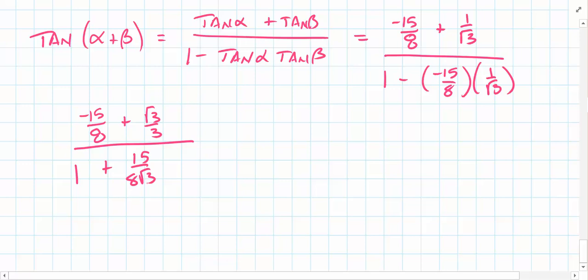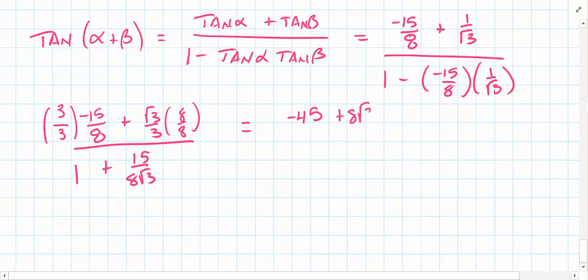Now I need to rationalize and get a common denominator. So this piece is going to need what over what? What's 3 times 8? The common denominator is going to be what? 24. So what does that piece need? It needs a 3 over 3. Very good. What does this piece need? It needs an 8 over an 8. Good. So that's going to give me, on the top, negative 45